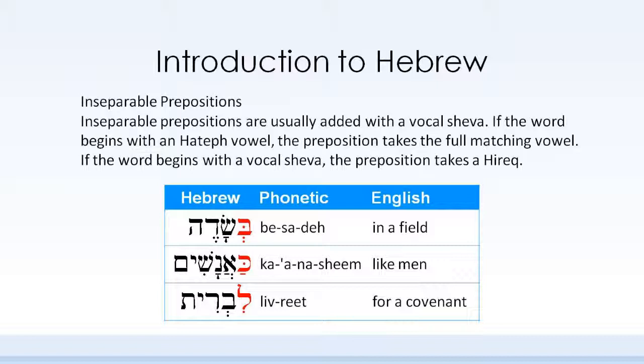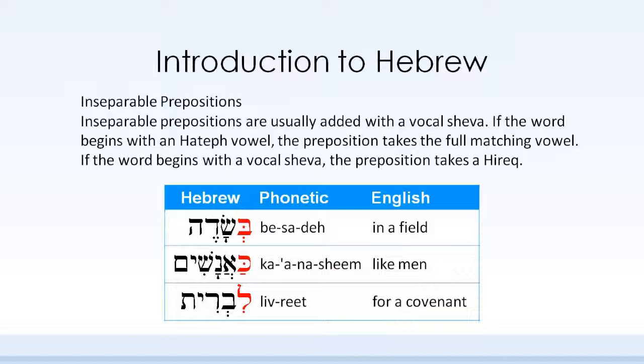The second prepositional phrase is ka-anashim, like men. Notice that the inseparable preposition ke has lost its vocal shiva and has taken a full pathak to match the hatef pathak of anashim. The third prepositional phrase is livrit, which is a combination of the Hebrew preposition le and